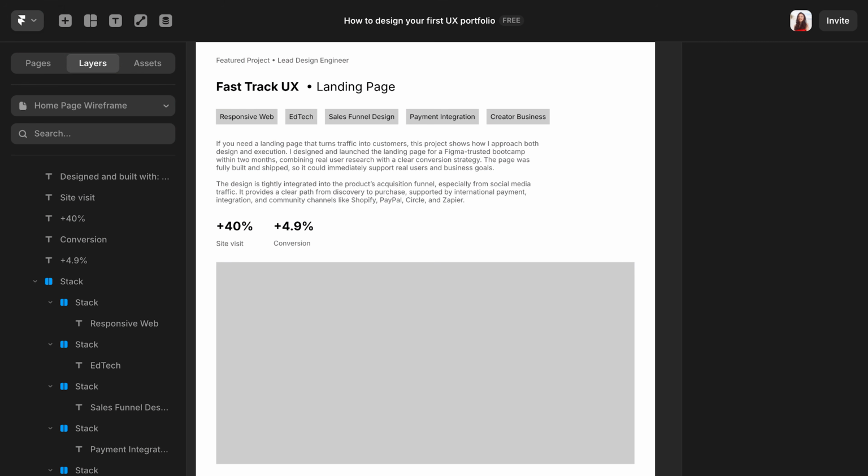You can ask a few people on a scale of 1 to 10, how likely are you to take the action on this old design versus the new one? And then you can take the average and calculate the difference. Once you have an estimated conversion rate, you can go one step further and estimate the revenue impact as well. There are so many other creative things you can do around how to tell this story of your impact, so brainstorm with your AI tool and have fun.